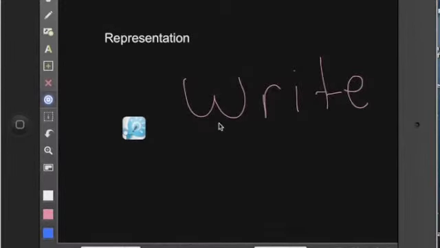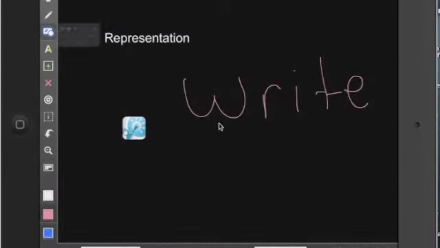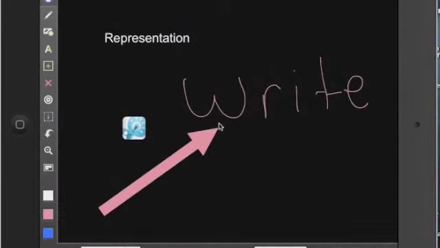Representation. Okay? And I have some shape tools that I can utilize. The shape tool is the little rectangle with a circle. When I tap and hold, you can see I can put in a circle, a square, an arrow, and it kind of defaults to the arrow. And I can bring that in here. So while you can create your own slides, you can also import other types of presentations such as PowerPoint, Keynote,